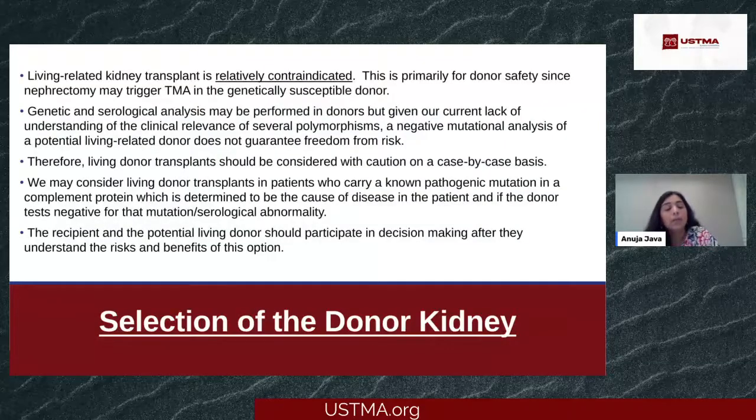Next slide, please. One thing I want to talk about, taking a couple minutes, is the donor kidney. As I mentioned earlier, if you have atypical hemolytic uremic syndrome and you lose a kidney to that and you're looking for a transplant, it is extremely important to have this in mind. So if you have a donor who wants to donate, a living-related kidney transplant is relatively contraindicated in patients who have atypical hemolytic uremic syndrome. And this is primarily to protect the donors. Because, like I said, if you have a mutation and your donor carries a similar mutation,